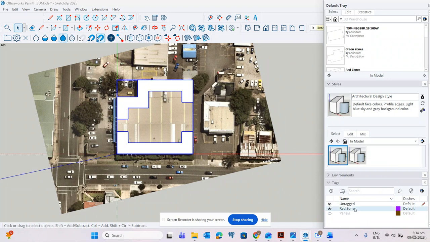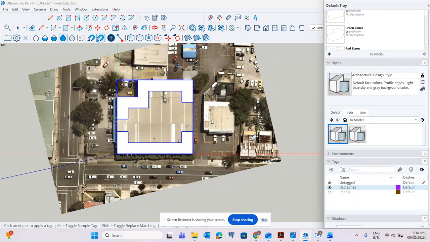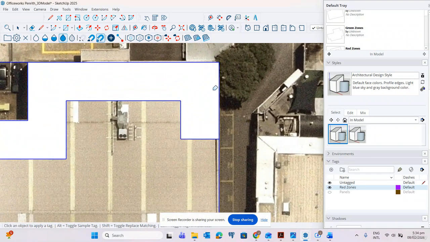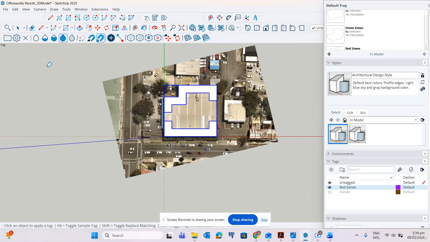So we will select that and then click the tag tool. Make sure that it's on the red zone and then click the object. Click outside. Try to hide this, the eye symbol. So yeah, correct. It's already on the red zone.